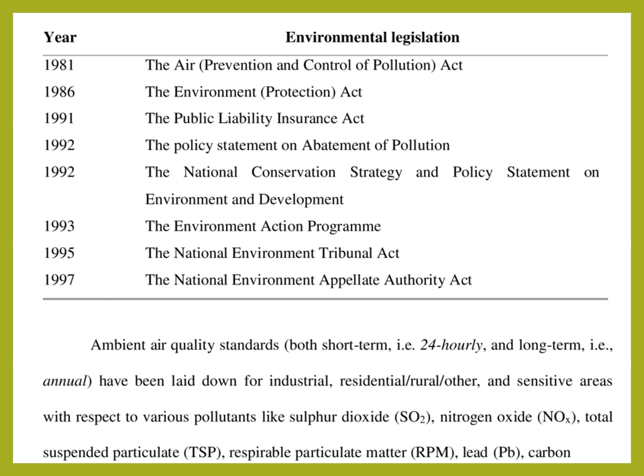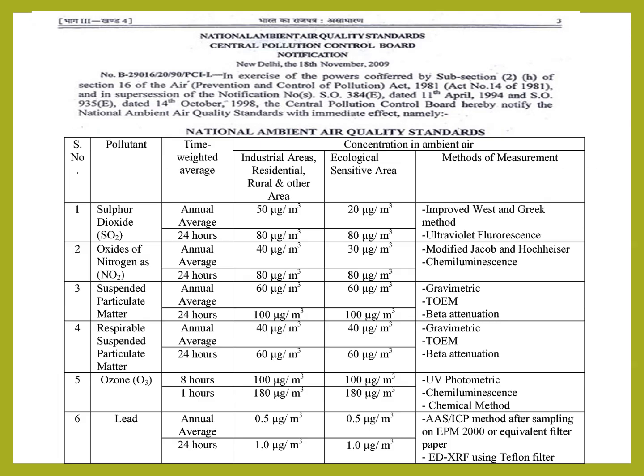Basically, to control air pollution, we have certain environmental legislation available in India. We are following the Air (Prevention and Control of Pollution) Act 1981, and as per this, ambient air quality standards are given. These are the National Ambient Air Quality Standards given by CPCB, the Central Pollution Control Board, in